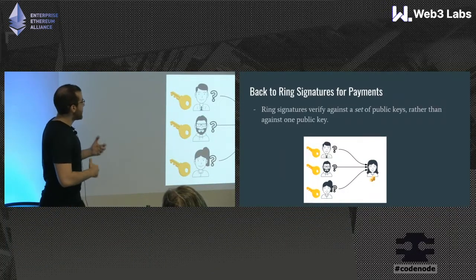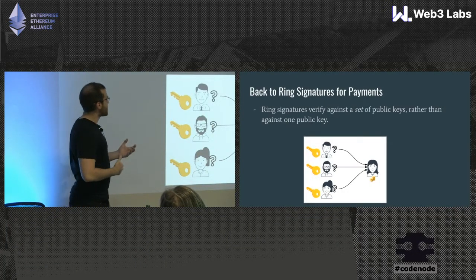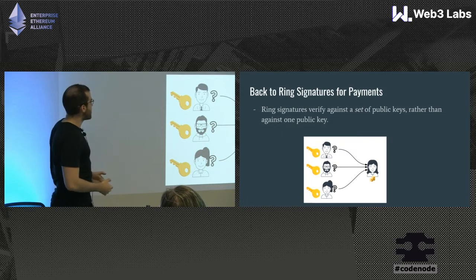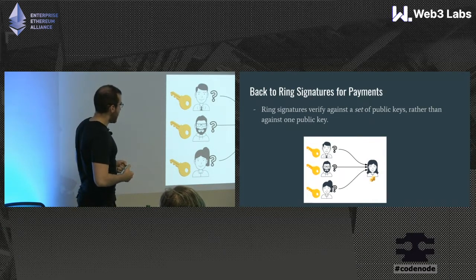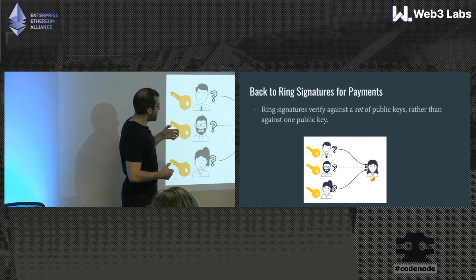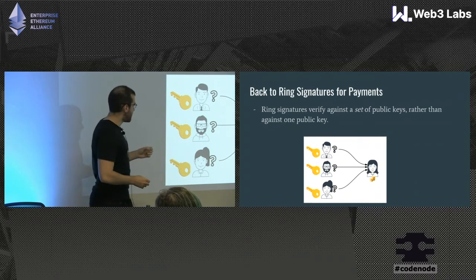So let's go into how the actual ring signature contract works exactly. So remember, the ring signature is verified against a set of public keys rather than against one public key. So the way that ring signature payments work in general is that,